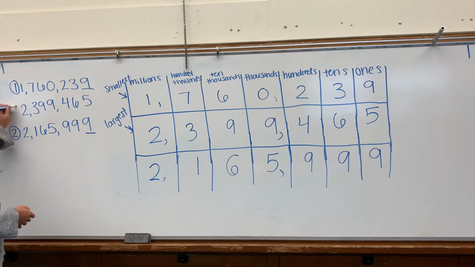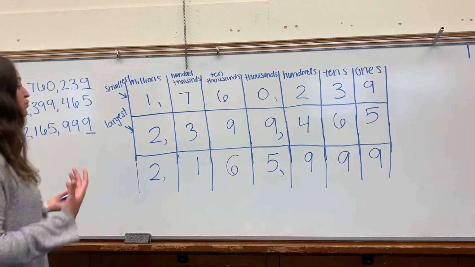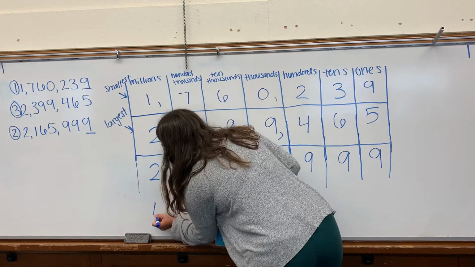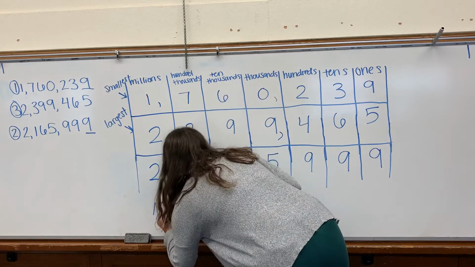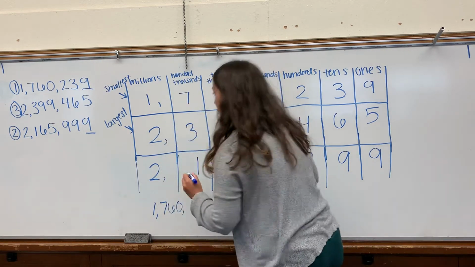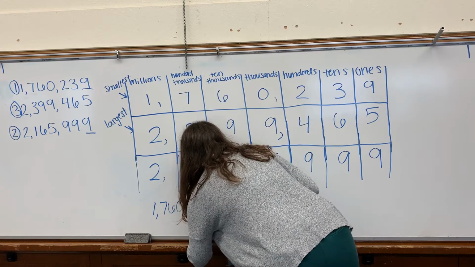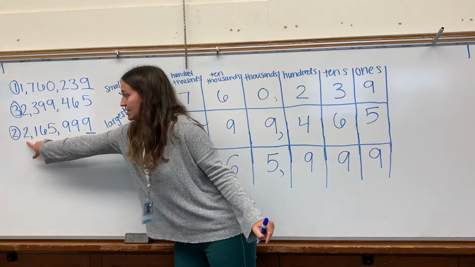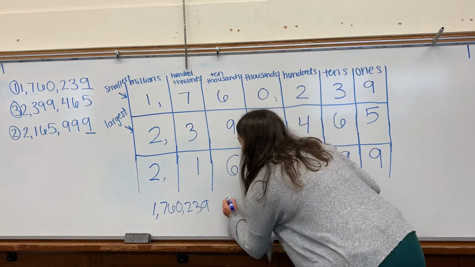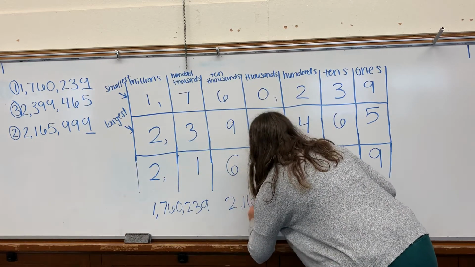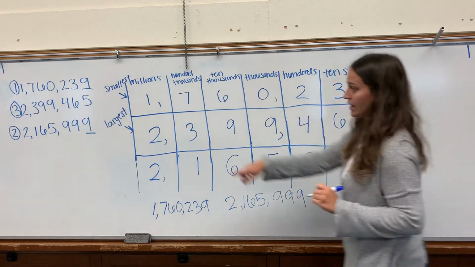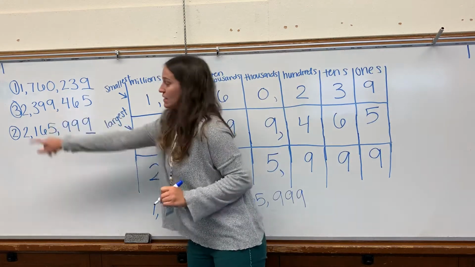And then that leaves the largest number for third. So now I'm going to put them in order. I'm going to write them. So my first number is 1,760,239. Then I have my second biggest number, 2,165,999. Then I have my last number, my biggest number, which is